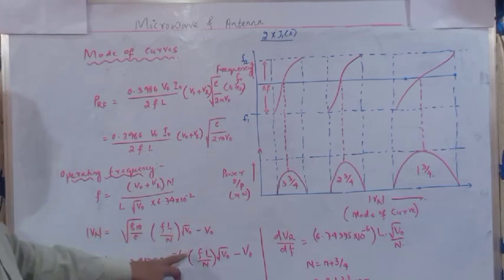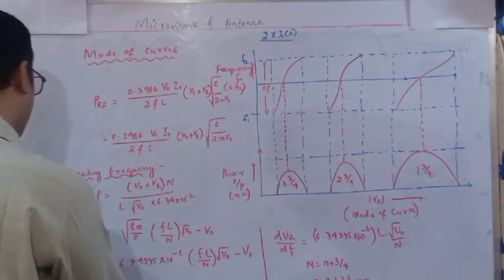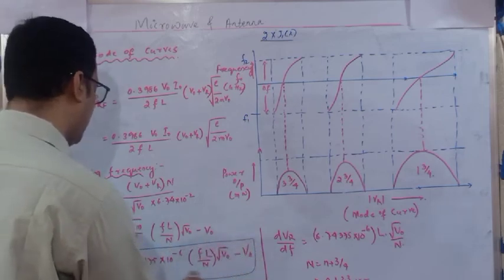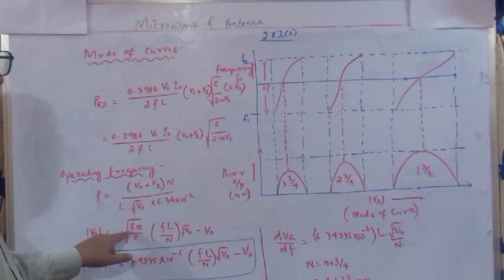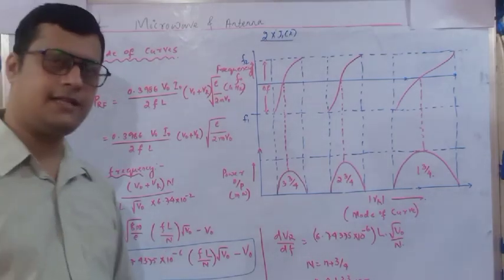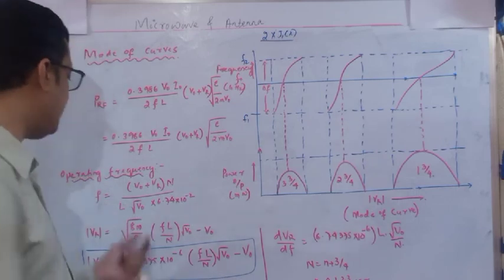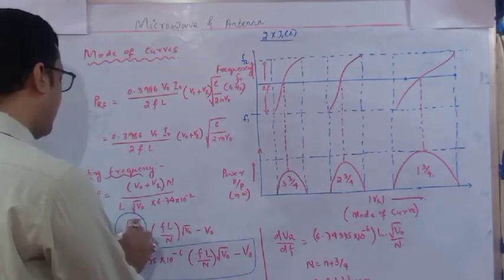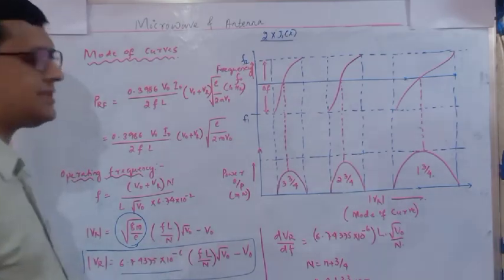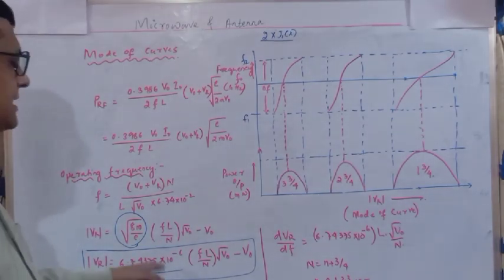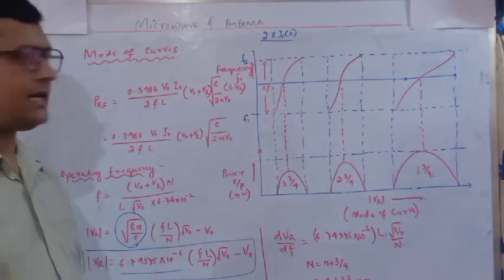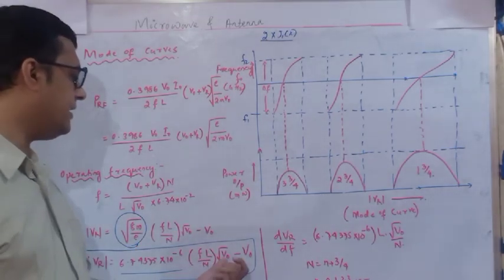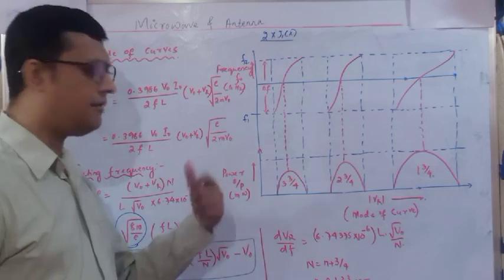Okay. So in this equation we can conclude that now next 6.7 into 10 to the power minus 6 means it is root over of 8m by e. m is the mass of electron, e is the charge of electron. If you solve this root over of 8m by e, you will get 6.74375 into 10 to the power minus 6. Rest of the value remains as it is. FL divided by N root over of V naught minus V naught.